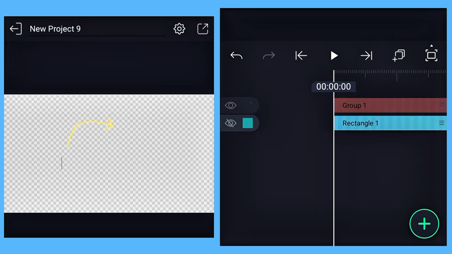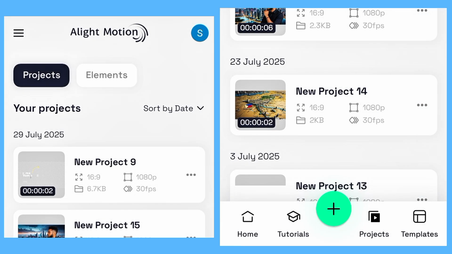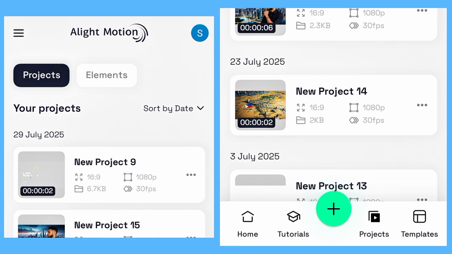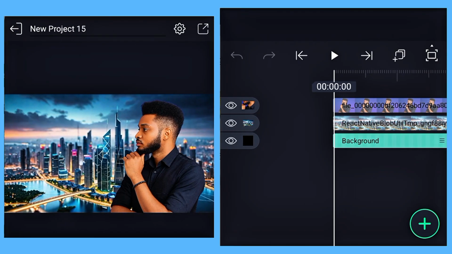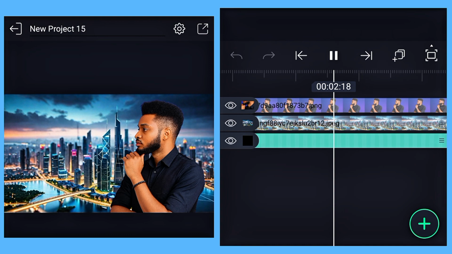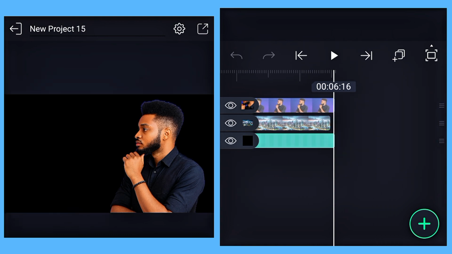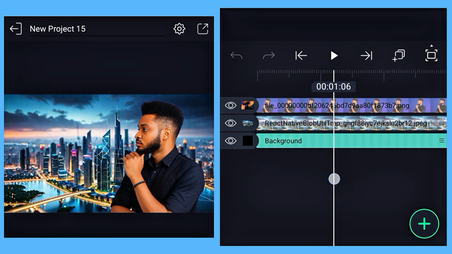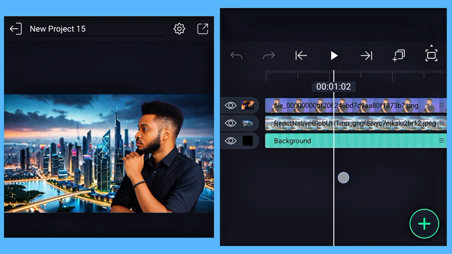Now let me show you how to use this in another project. So this is a new project right here, this new project 15. So I'm going to open project 15, and if I can play back, that's the only thing you can see. There is nothing else on this project. Now I want to bring in that text animation element, so I'm going to scroll to 1 second right here,